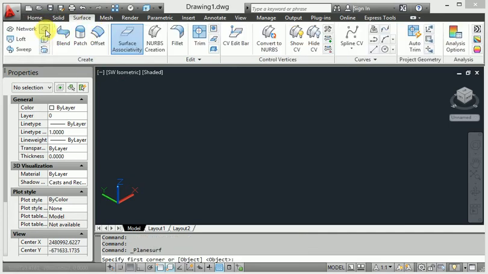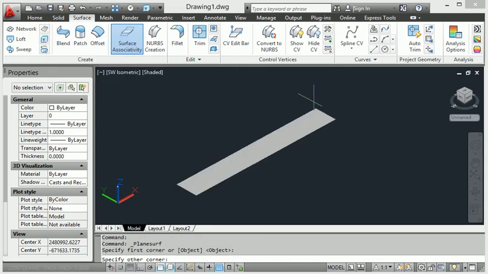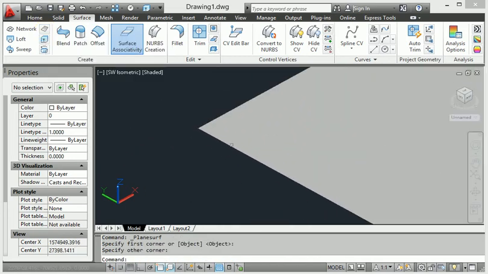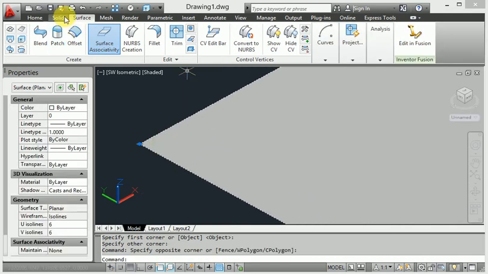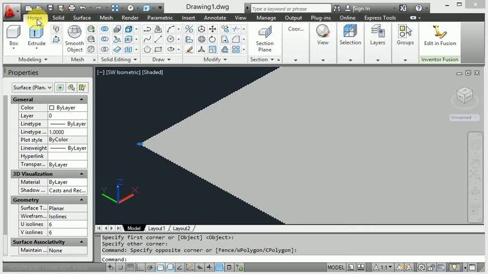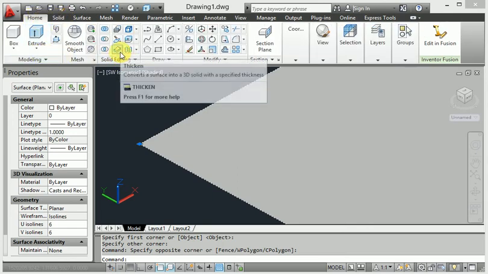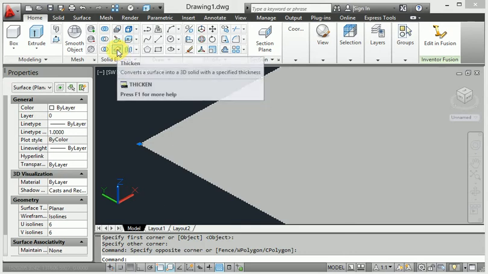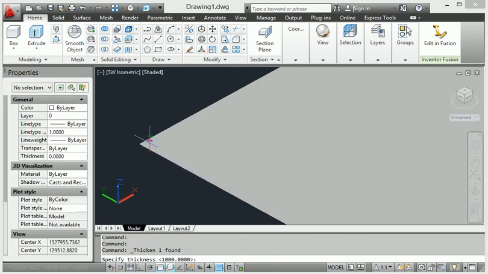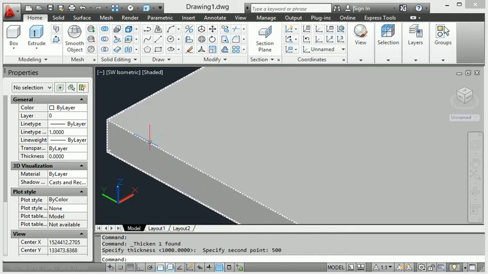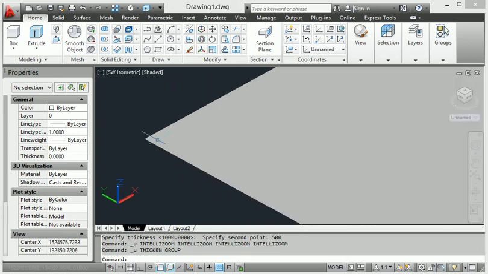is a surface planar, right? We click this surface planar and make it here. Look at this, there is no thickness here. Now let's go to thickness; we will provide it from the home page, the thicken command that converts a surface to a 3D solid. When I click here, then enter the point and how much distance we will provide, I give 500. Look at this, this provides the thickness. Again I will show you, this one has no thickness here.